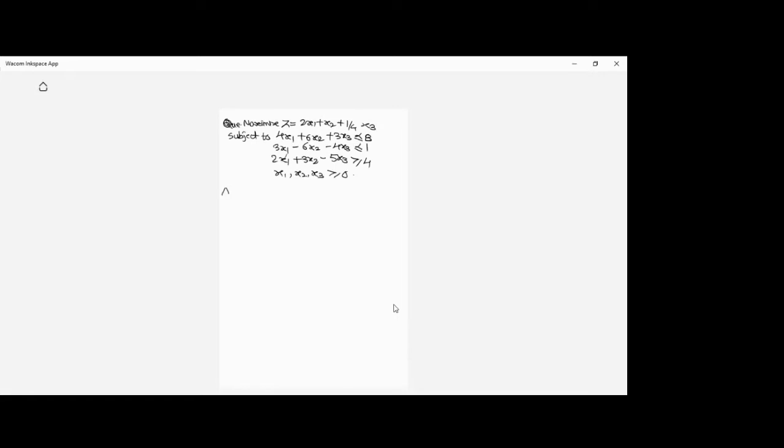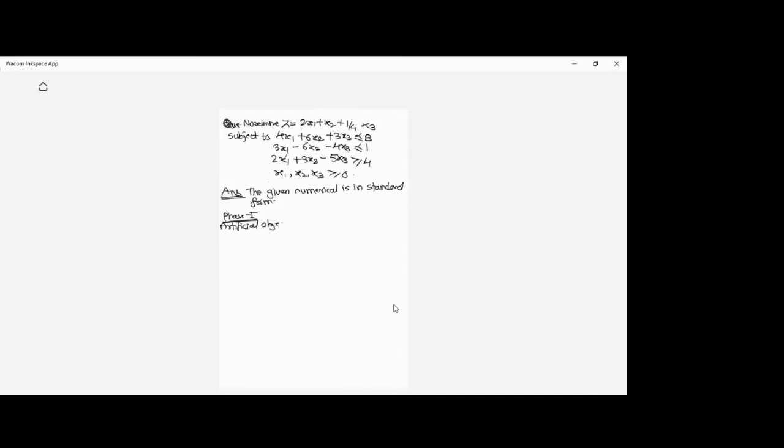So starting with the answer part. Is the given numerical in the standard format? Yes, so we don't need to convert it into the standard format. The given numerical is in standard form. We can directly start with phase one, and in phase one, what we do is we create an artificial